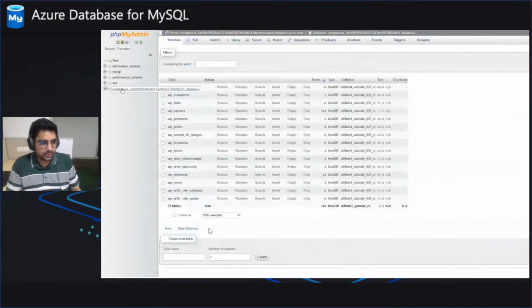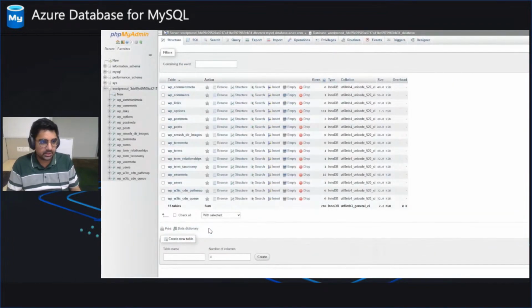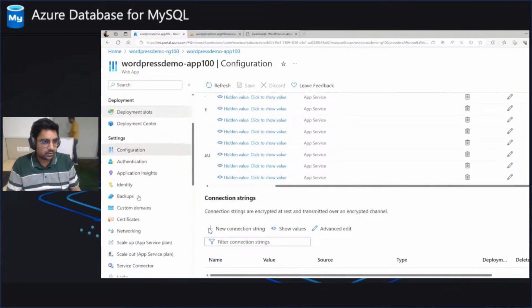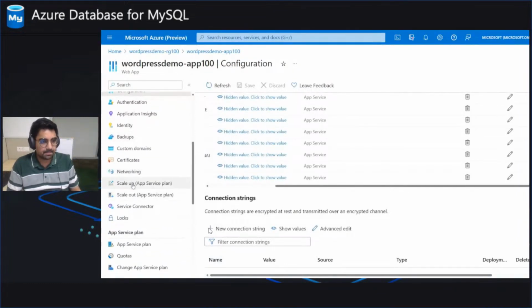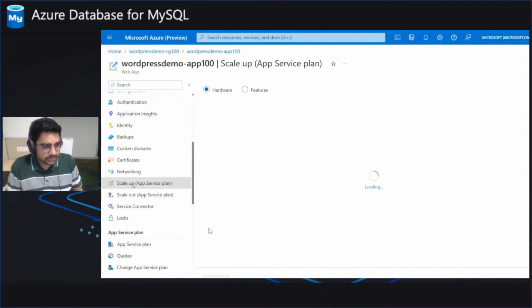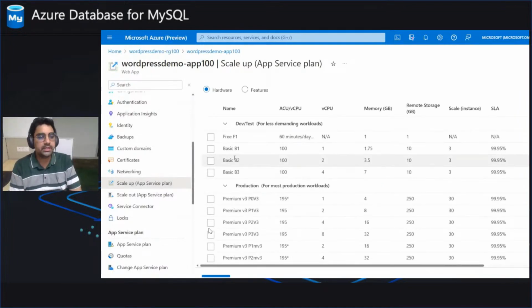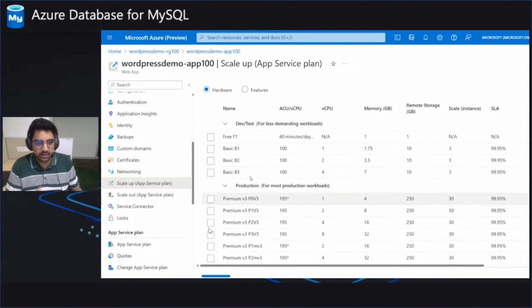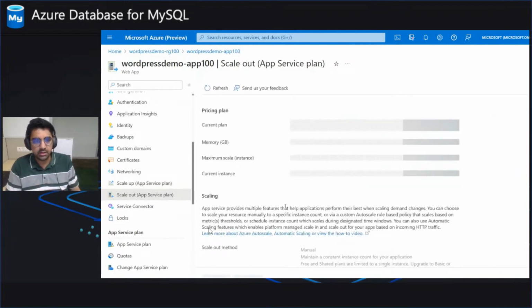So yeah, this is your phpMyAdmin. You can see your database here, and all the tables, right? So let's go back to the app service, and let's talk about app service in general. So you can basically scale up your app here. You see a bunch of configuration SKUs that you can dynamically change, right? Let's say you want to use any SKU, you can just simply click on it and click OK, and it